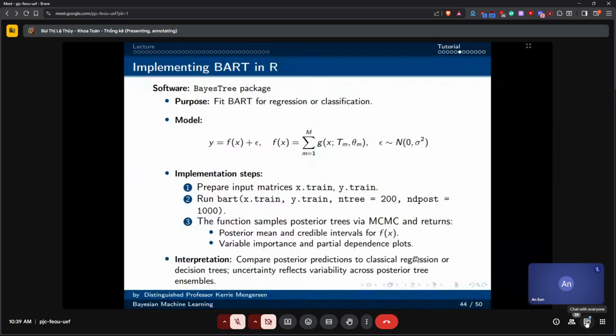So you then can compare posterior predictions to classical regression or decision trees if you want, but you also get the uncertainty in these estimates reflects the variability across these different trees.